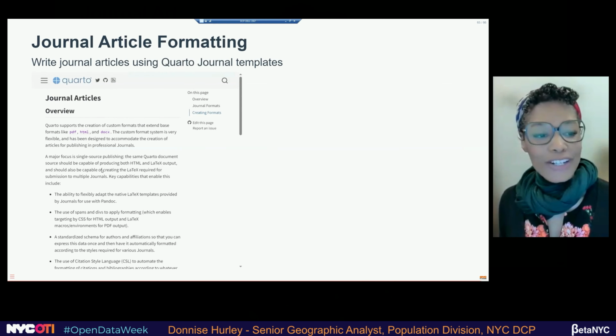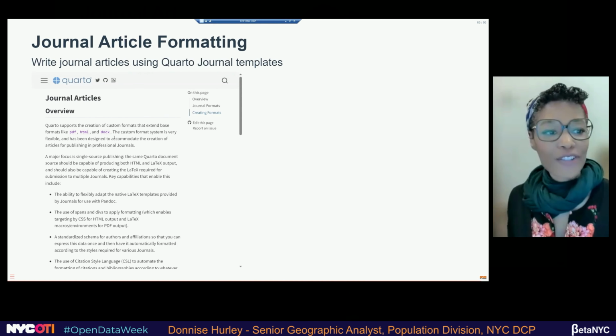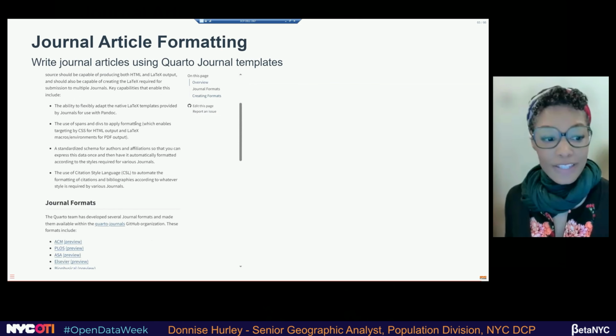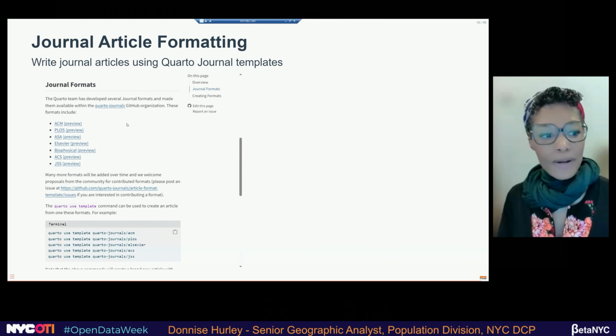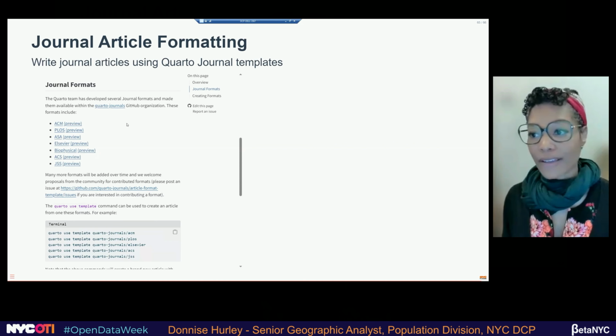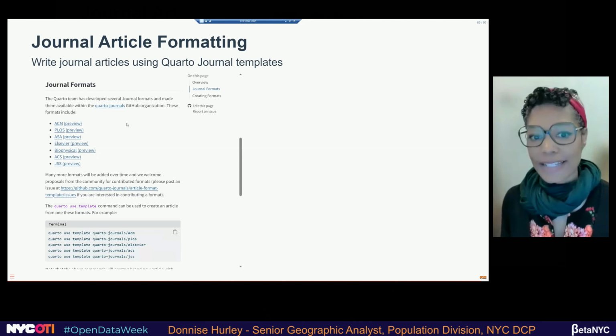And then what is really neat, you can actually format this for scholarly publication. So if you're submitting to a journal, Quarto has a lot of templates for you to use for many of the major publishers. You can download the template and it will format your article to the specifications for that journal, which is fantastic.